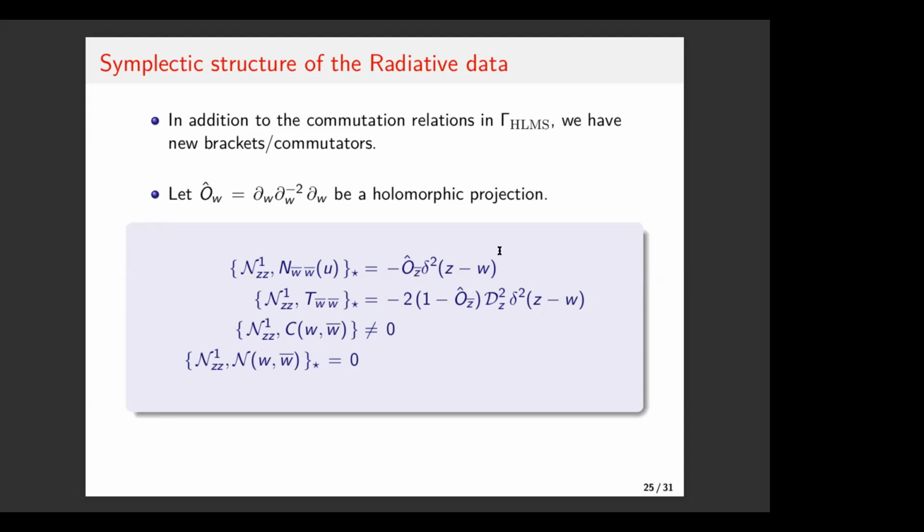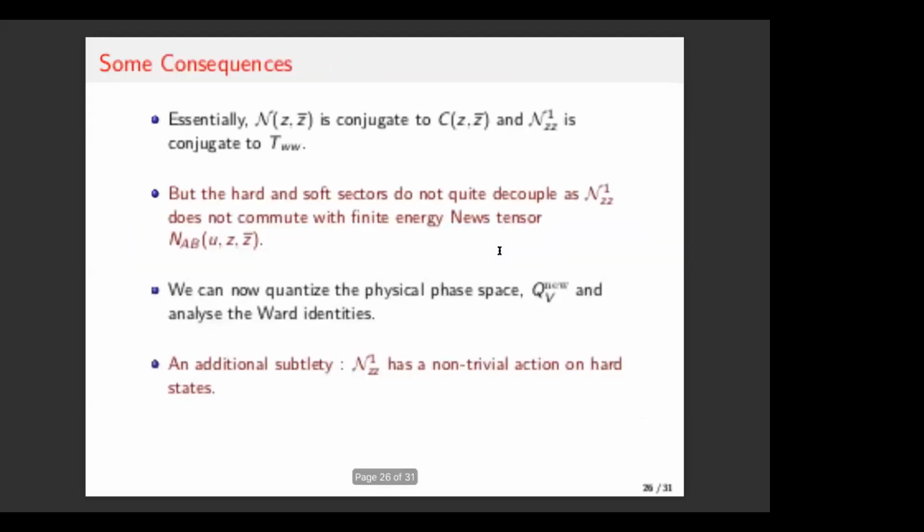This is a feature that we have not seen in the supertranslation case where the soft and the hard modes decoupled. In this case, they don't quite decouple, and there is one non-trivial bracket that we see between the subleadings of news insertion and the finite energy news. But the other things are maybe as expected, in the sense that the subleadings of news is intuitively conjugate to the Garrosh tensor, and it commutes with the soft news. That's a good thing, which is the last Poisson bracket. So in a nutshell, that's the new physical phase space that we have. And now with this, we can go on quantizing the new superrotation charge